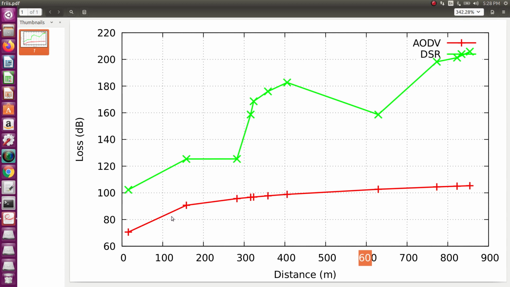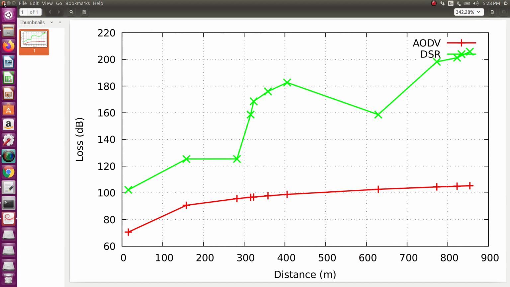So AODV has lesser loss than DSR, which has more loss with respect to distance.